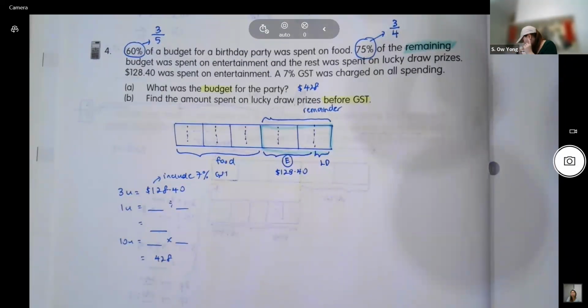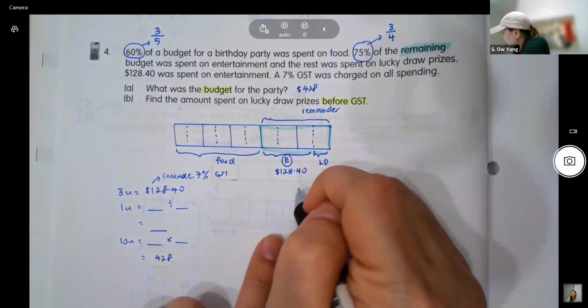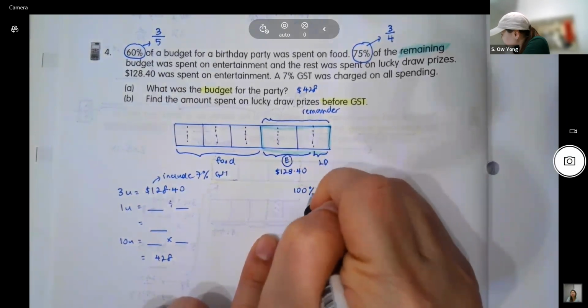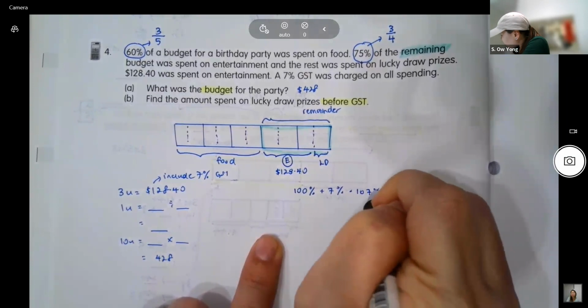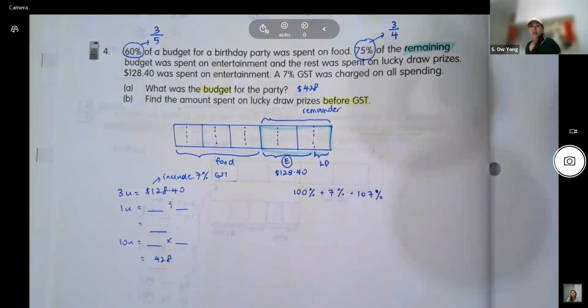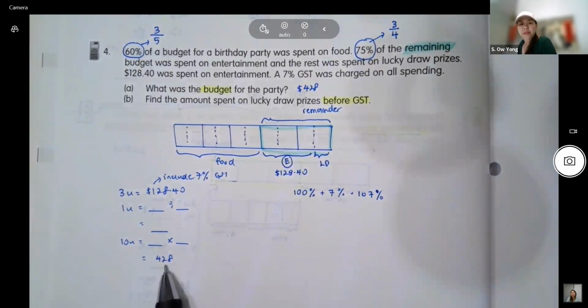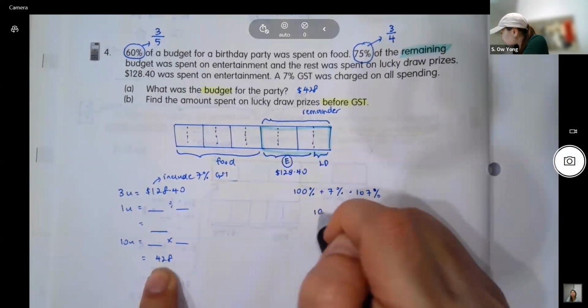Let's say you find the amount of money spent on the lucky draw. Since it includes GST, you are working with 107%. So what do I do now? You can find 1 unit first. So I know that the 1 unit now, 107%,